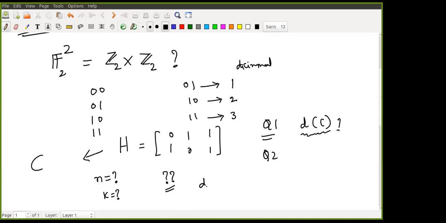So this is one of the very important results I told you, and I asked you to look into that. The distance of the code can be associated with the parity check matrix. Can any one of you recall, from the parity check matrix, how can I get the distance of the code?